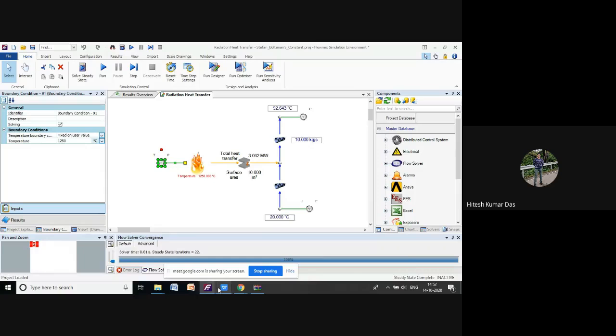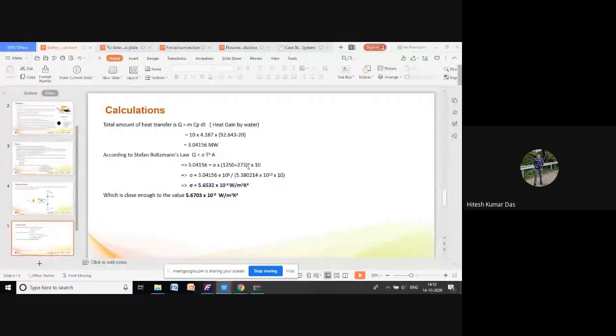So we have taken the temperature by addition of 273 for converting it to Kelvin. By this formula we have got 5.6532 into 10 to the power minus 8 watt per meter square Kelvin fourth. Because as we all know, the value of the Stefan Boltzmann constant is 5.67 into 10 to the power minus 8, and we are getting